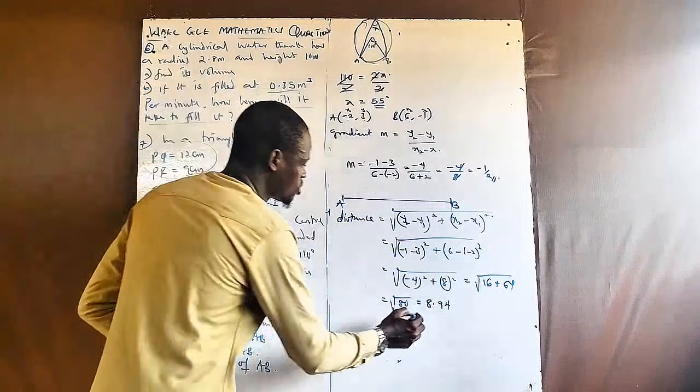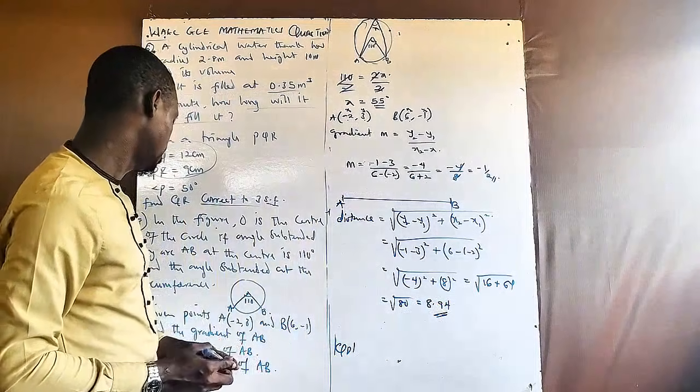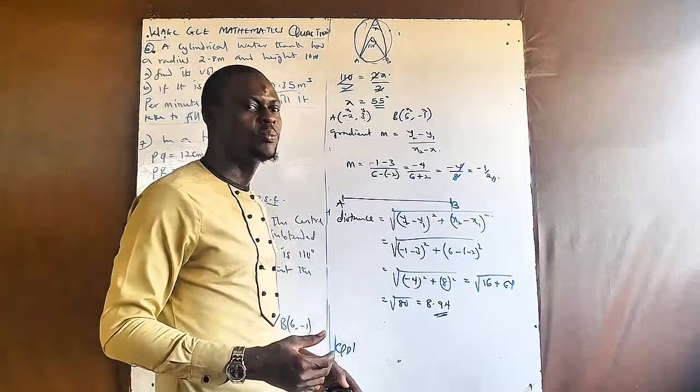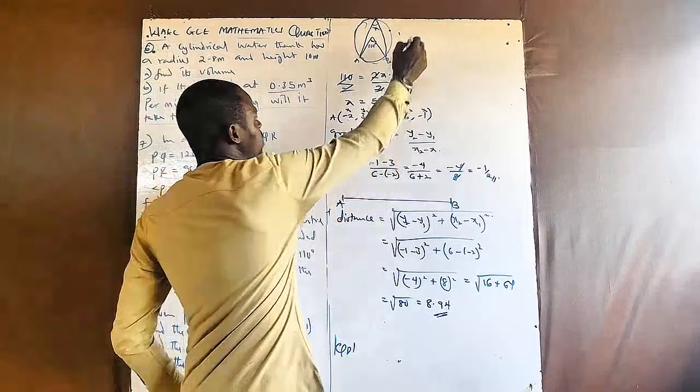8.94. This is the length of the line. The last one said we should find the midpoint of AB. Midpoint, how do we get the midpoint? Midpoint of a line